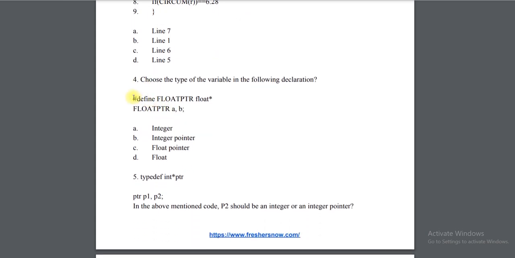So here is a macro define, and this is float ptr, and this is float star. What the question asks is, choose the type of variable in the following declaration.